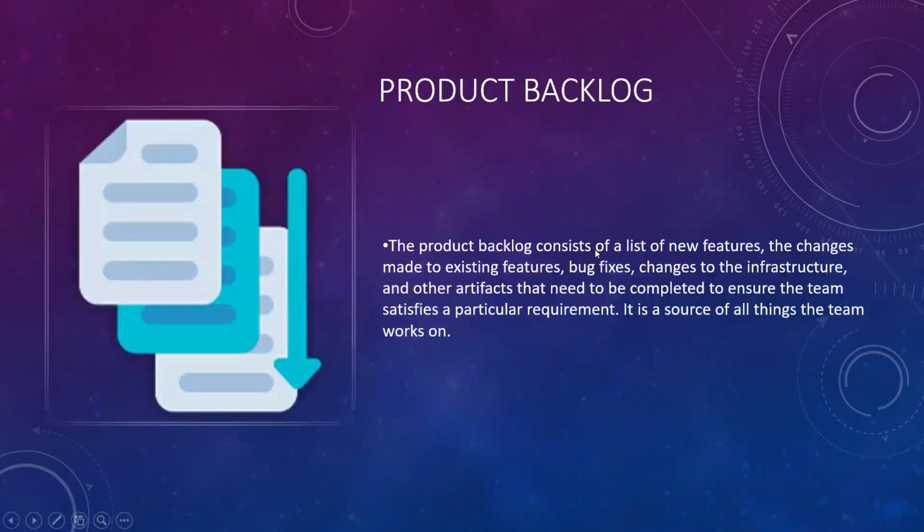We'll see now. Okay, the product backlog consists of a list of new features, the changes made to existing features, bug fixes, changes to the infrastructure, and other artifacts. So this is kind of the feature requirements that we are getting from the customer. Sometimes we call them product backlog items. We can call them fixes, or bug retesting. I mean, if a bug is not fixed properly and in retesting we find that it is not working as expected, then we create it as an item. And if there are any infrastructure changes, mostly all the things required to achieve a particular goal will be considered the product backlog. Okay,